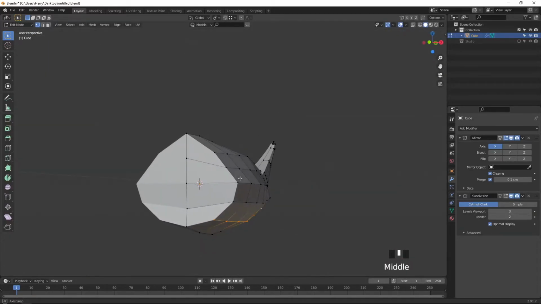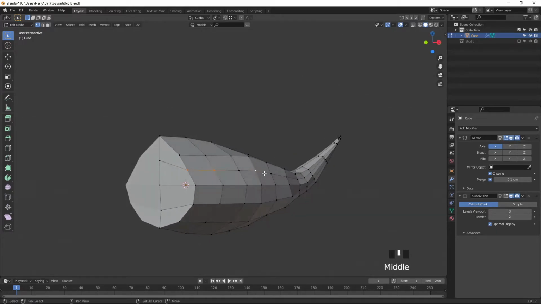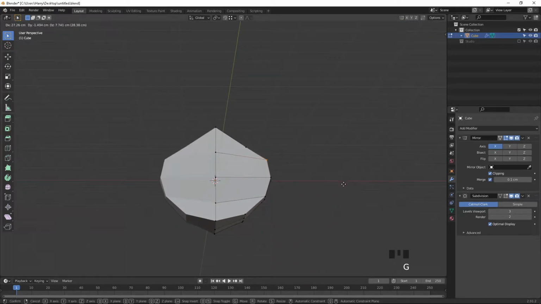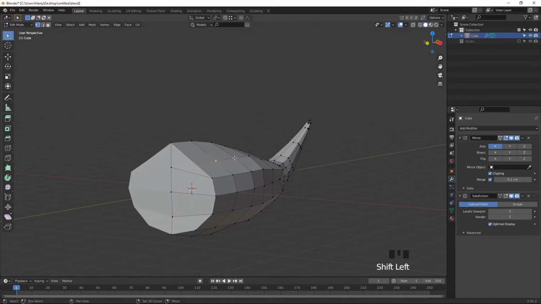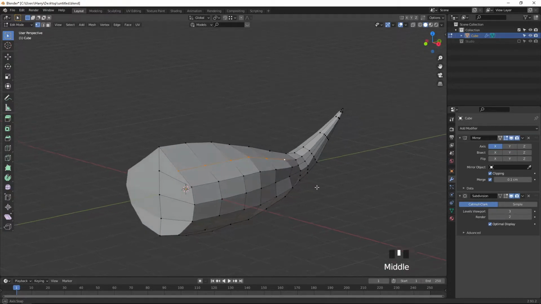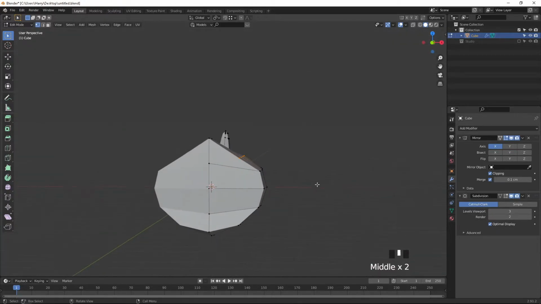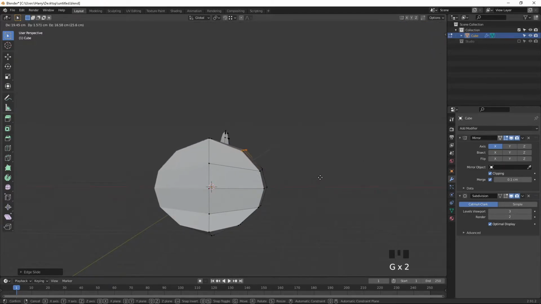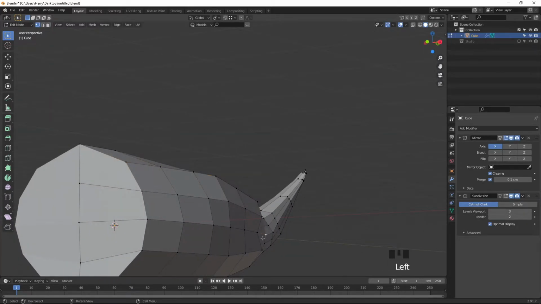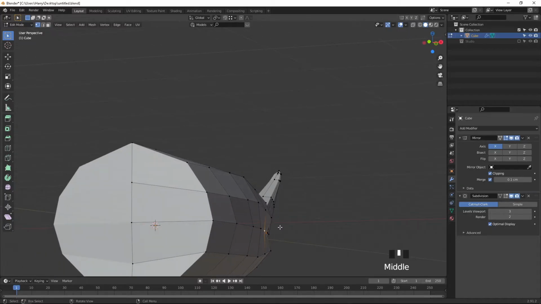Now it looks better. And select this one, press G and move towards like this. Select these things again, press double G to move little bit like that and G to move like this. So make it this shape. Here we have to do some changes. Here you can see it's not coming as per our requirement. Now it's better, I think.